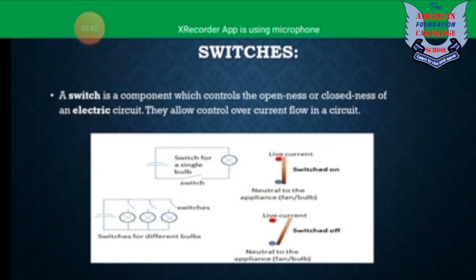Switches. A switch breaks a circuit by moving two contacts apart. In the circuit, every bulb is controlled by a switch. As you can see in the figures, there are two contacts, and when both contacts are connected with each other, the bulb or the fan will be on, whereas whenever we move any one contact and the path breaks, there will be no current and the switch will be off.